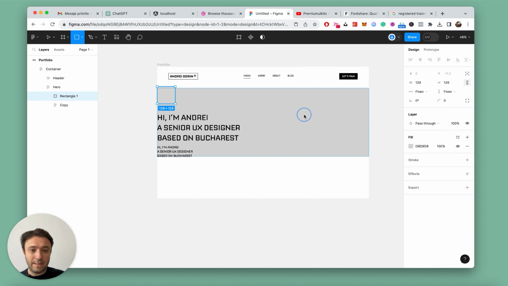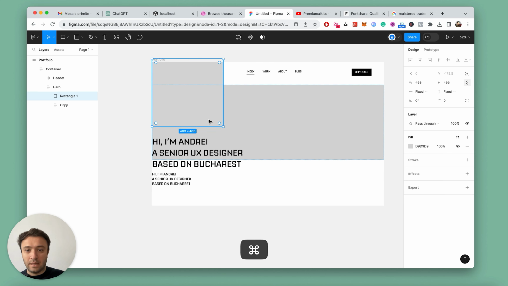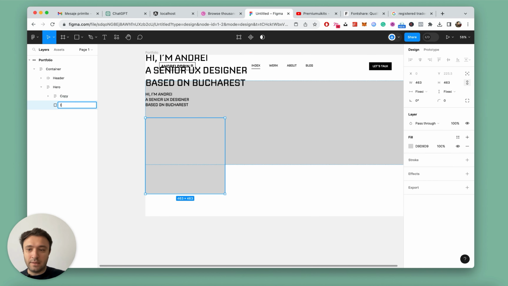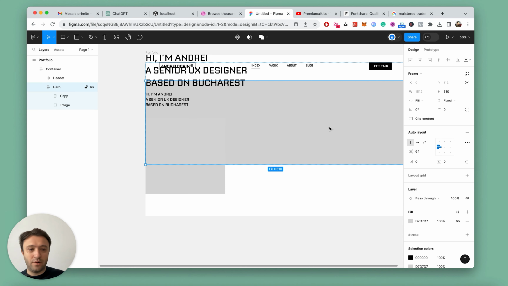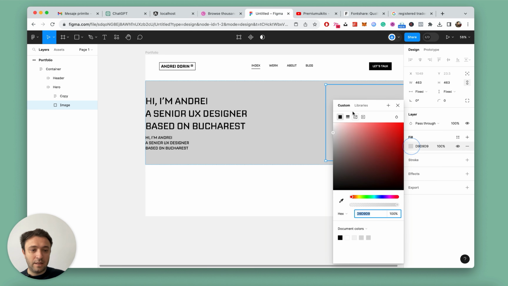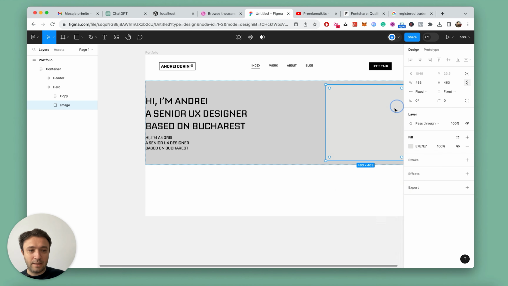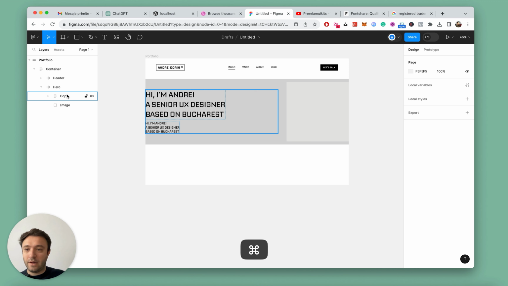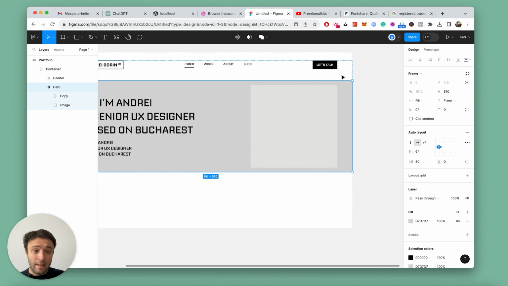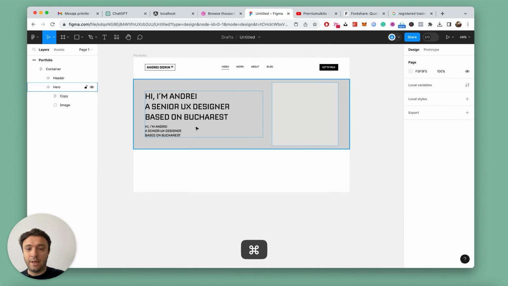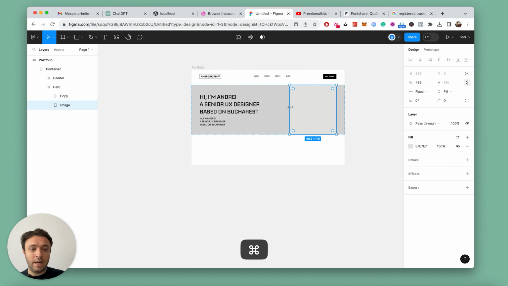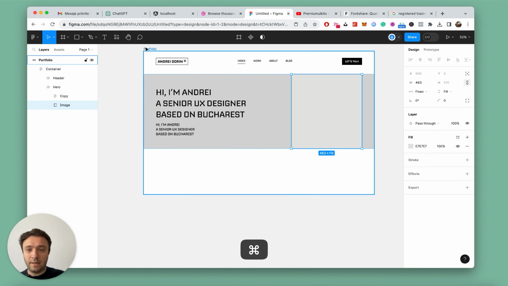I'm moving fast, I hope you understand. If not, just go back and see. This is called image, hero, direction on the horizontal. Let's make something like this in order to see the image, and go to the hero and make something like 80 in order to perfectly align with the header. So this I want to take the full height, and let's enable again